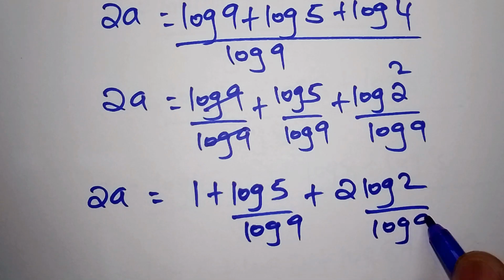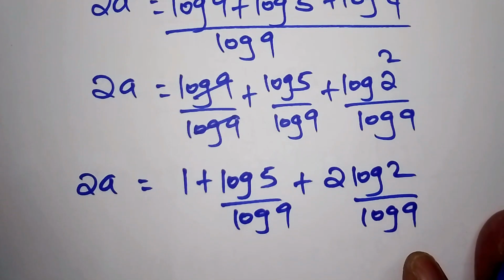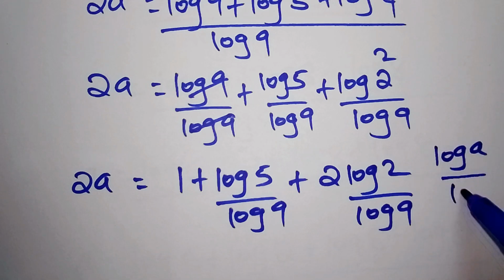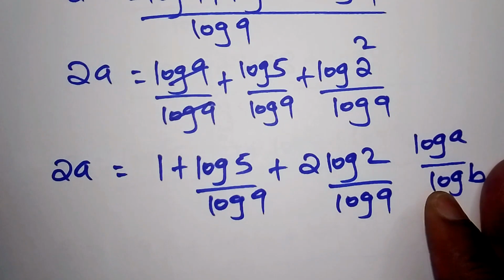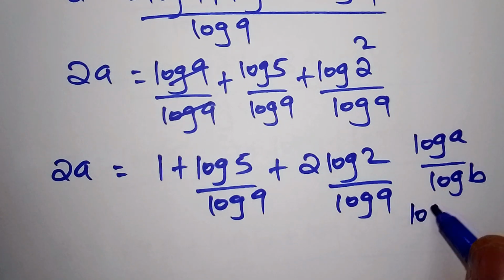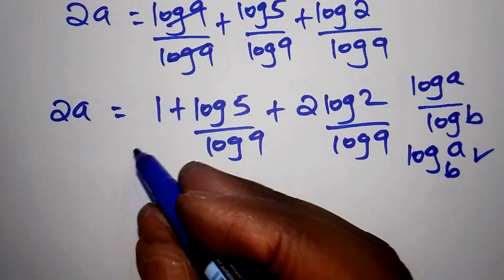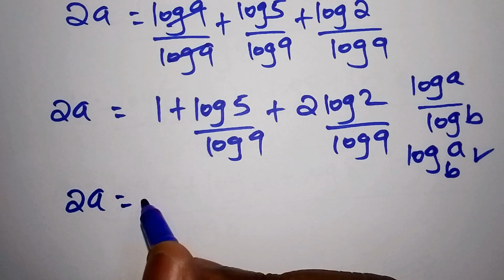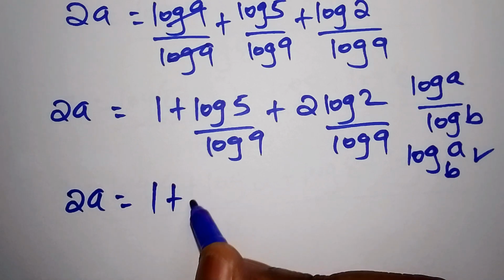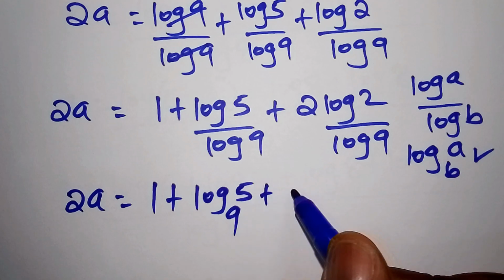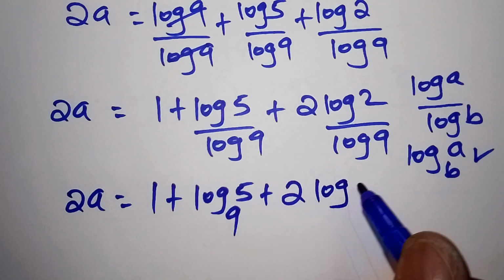When you have, for example, the log of a all over the log of b, according to the law of logarithms, it can be written as the log of a to the base of b. Since you understand this, our value for 2a is equal to 1 plus the log of 5 to the base of 9 plus 2 times the log of 2 to